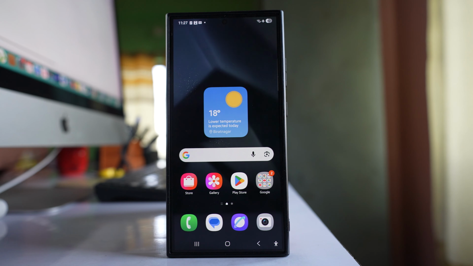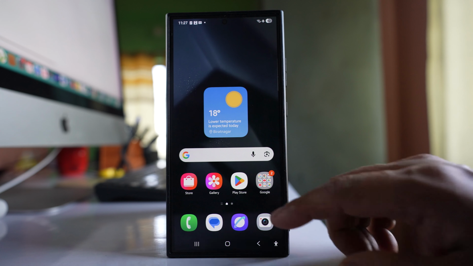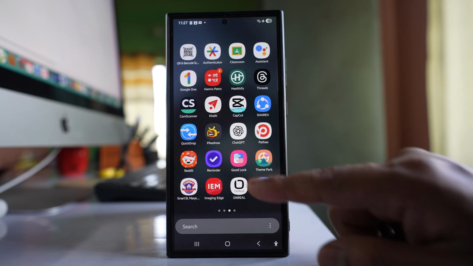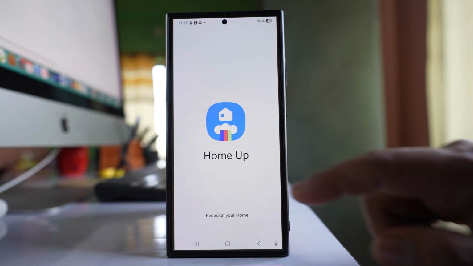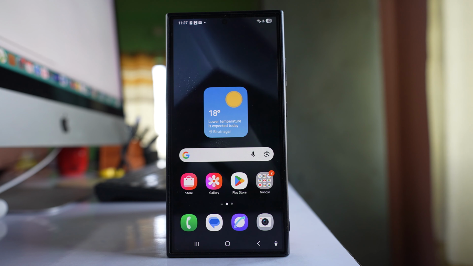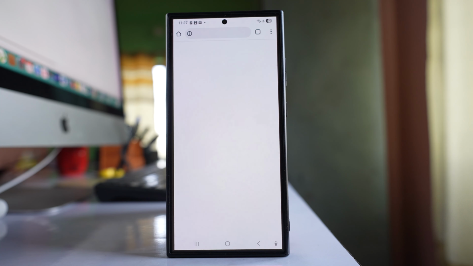After that, the other thing is, if you are using GoodLock application, then open GoodLock app, open this home app, and if it is enabled, disable this option. So once you have done this one, the last thing that we will do is we will open Chrome, tap